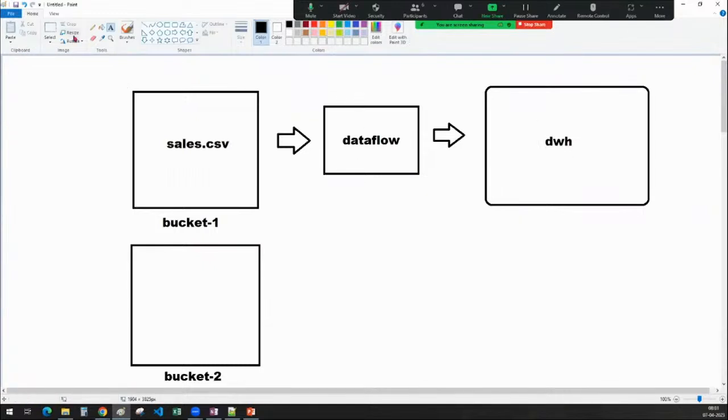Once the data is there in the data warehouse in the form of a table, I don't need this file to be here, because once the processing is done, I want to automatically move that file from bucket 1 to bucket 2, because this is an operational bucket and this is a history bucket. All the tracking of the files will be stored here.